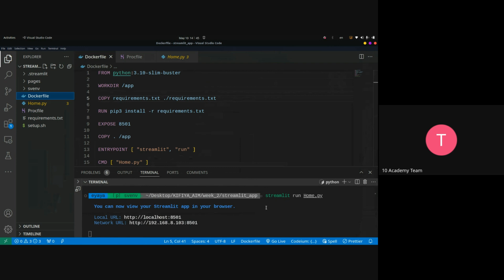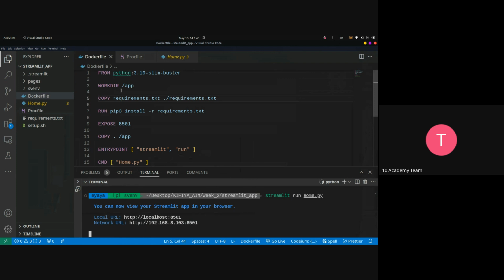So before we run this, we install the dependencies, right? And then we use streamlit run home.py. So in the container, those steps will be done, right? So to execute those, we write a Dockerfile. There is no file extension for a Dockerfile. It should be a capital D Dockerfile. That's it. And from there, you specify the Python version,